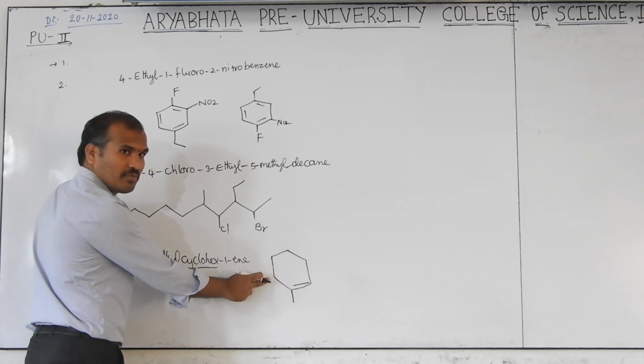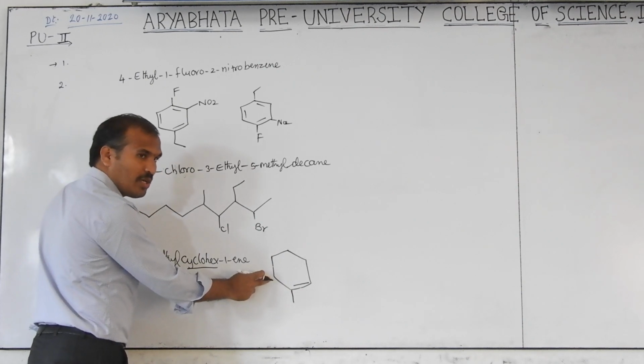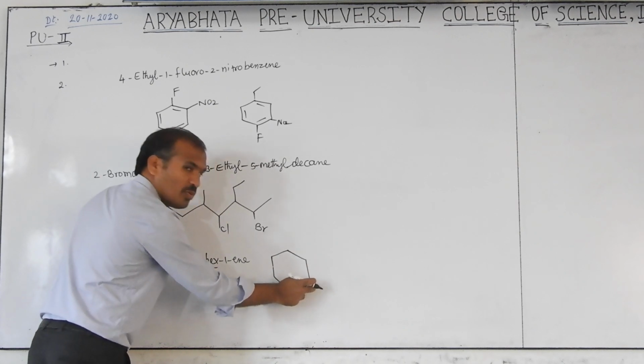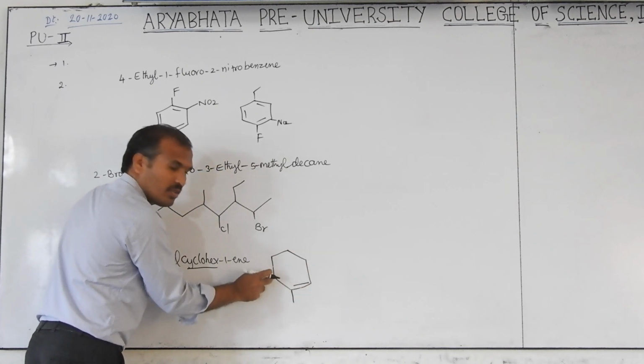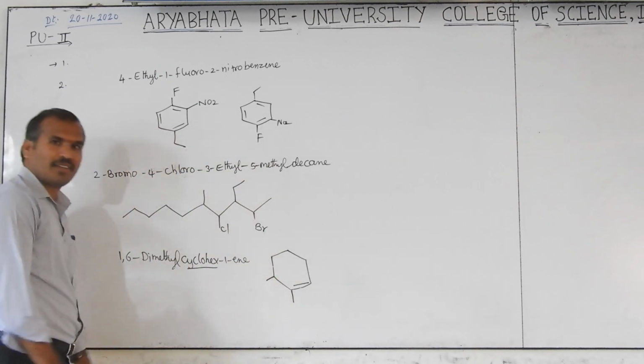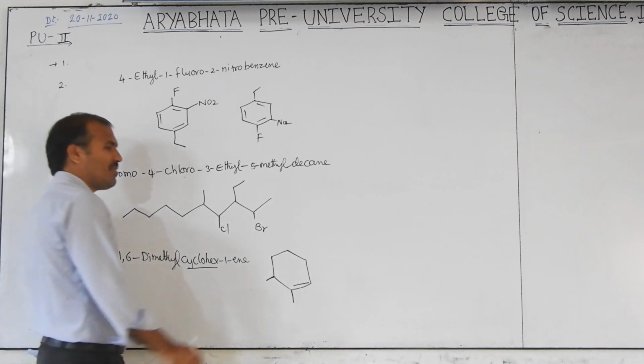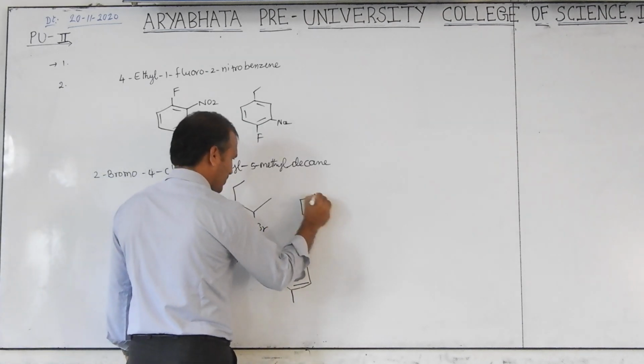Sixth position means which one? This is the sixth position. Why is it the sixth position? Because for a double bond you have to use consecutive numbers. There is 1, so it is 2 only. This is not 2, so here 6. Okay. Is this clear? This example we studied with the 3 structures like this.